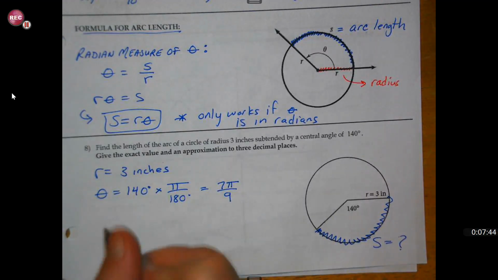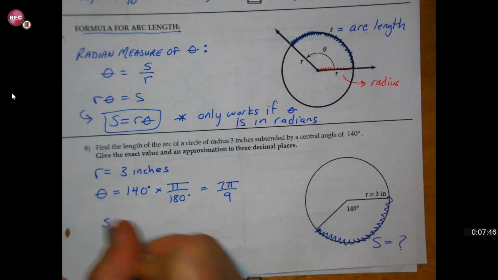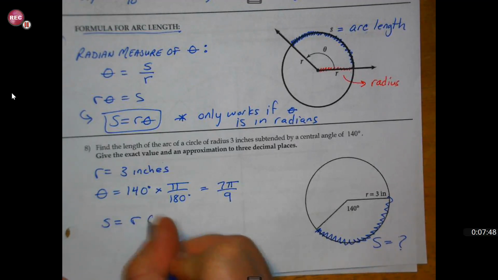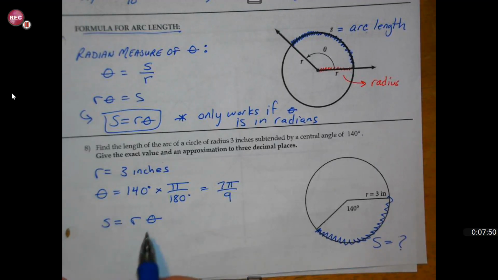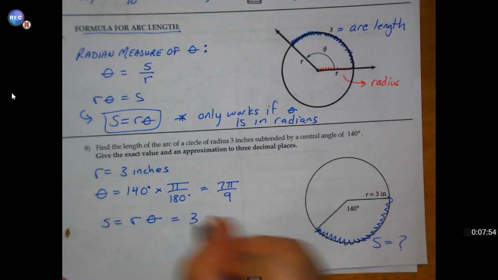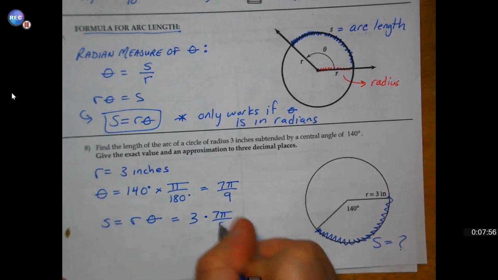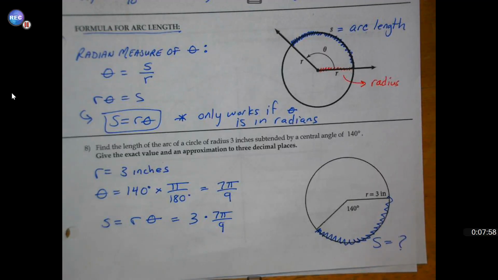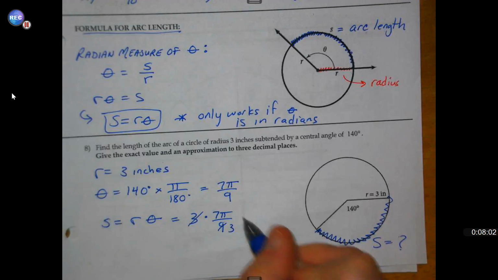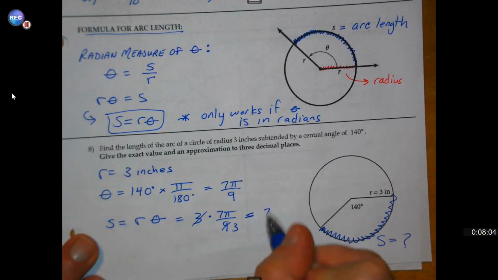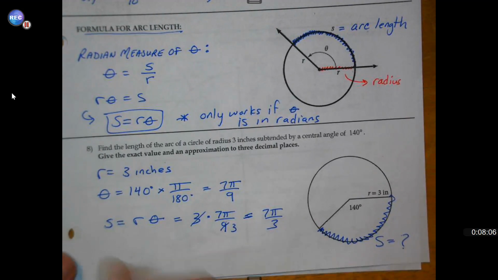So now we can get the arc length. So my arc length is just my radius multiplied by my theta, which has to be in radians. So we'd be doing 3 times 7 pi over 9. Now I could reduce the 3 with the 9, and just make this answer 7 pi over 3. So when you write the arc length,